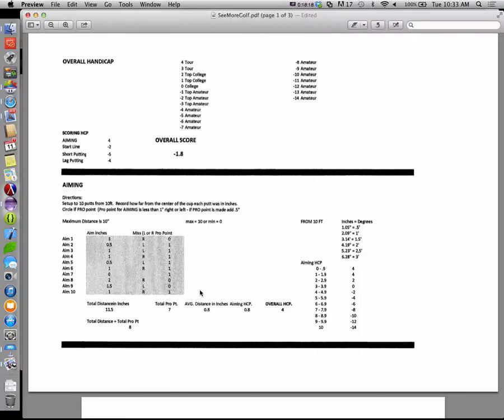So the question is, do they want this in radians or do they want this in inches? So here's the inches to degrees. That's the from 10 feet. This summation they have here, the 11.5, is the summation of radians, correct? There's no way a radian's going to equal... Well, you add all these up, you get 11.5. Those are inches. Well, it says inches, but it's not inches. Because you see over here,